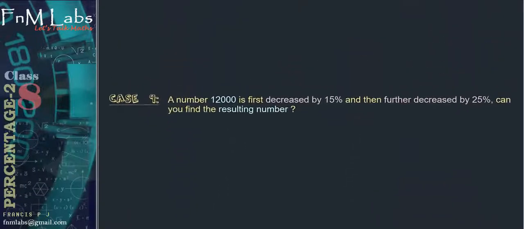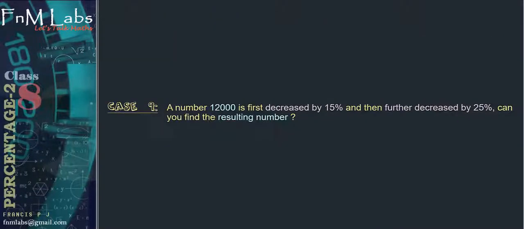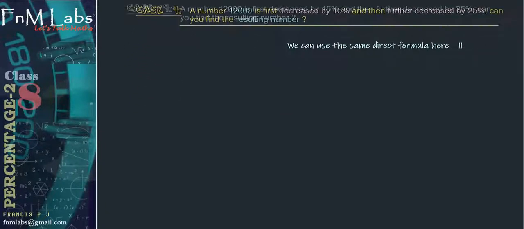Let us discuss case 9. A number 12,000 is first decreased by 15% and then further decreased by 25%. Can you find the resulting number? So we can use the same direct formula here. Both the times the values get reduced. Therefore, final number after decreasing twice is equal to